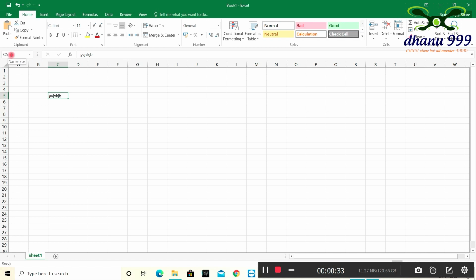The name box gives the address of the particular text. See, C5 is there, C column and fifth row, and in the formula box what we have written is mentioned here. Like this, by selecting with the mouse we can write anything wherever we want.